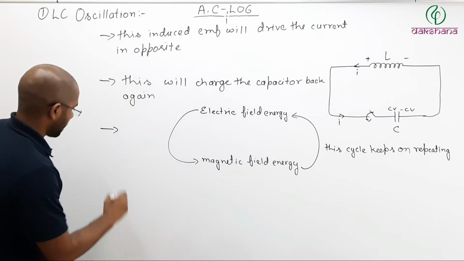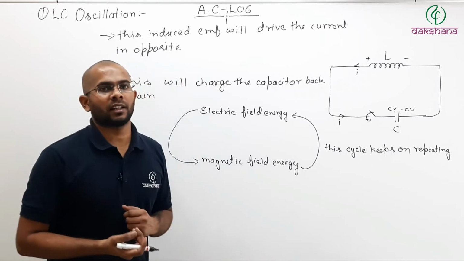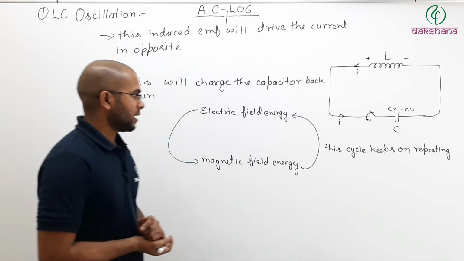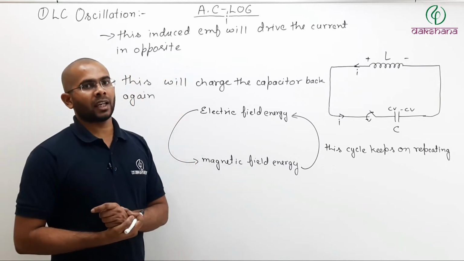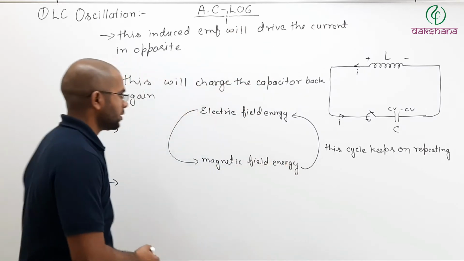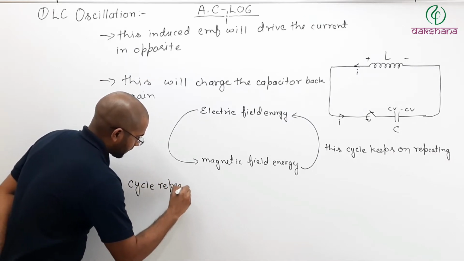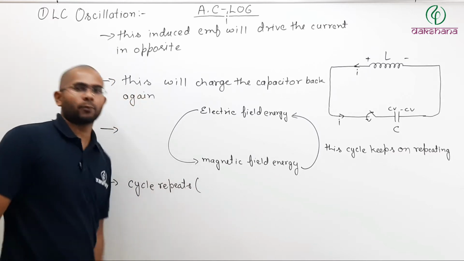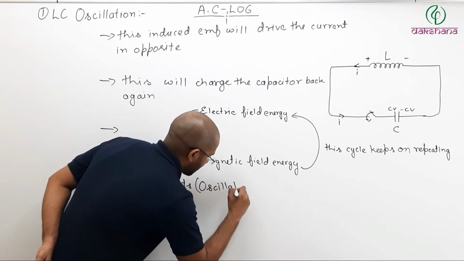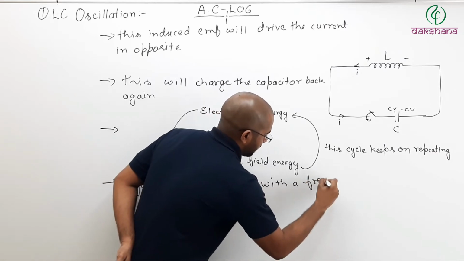like this. Now, if that cycle keeps on repeating, then there must be a frequency of this cycle, meaning how many times this cycle repeats in 1 second. That frequency of this cycle is similar to the frequency we have studied in the case of resonance. So the cycle repeats, or what is the more sophisticated word for the repeating cycle? Oscillates. Oscillates with a frequency of